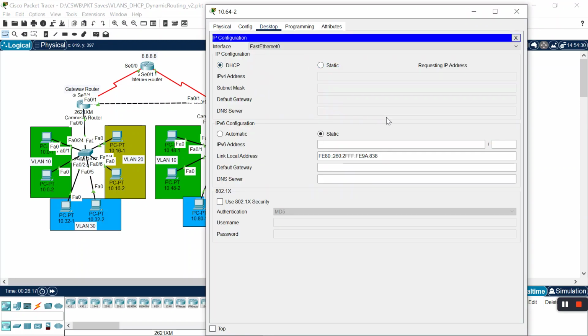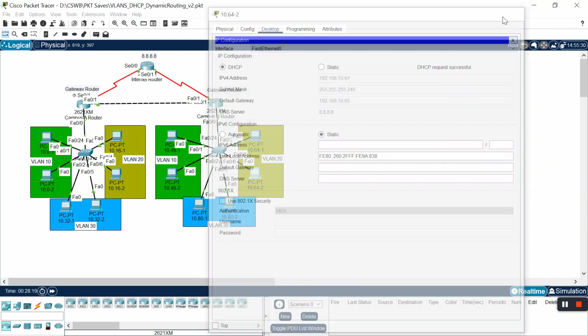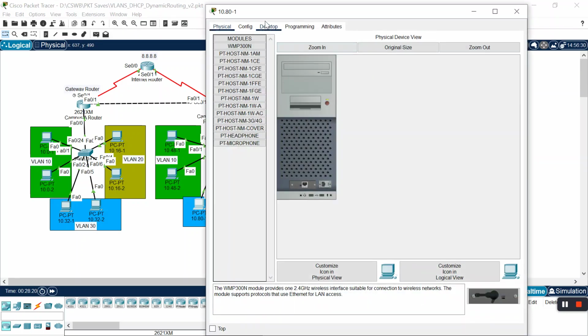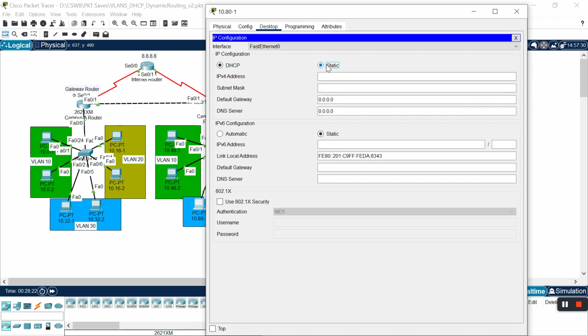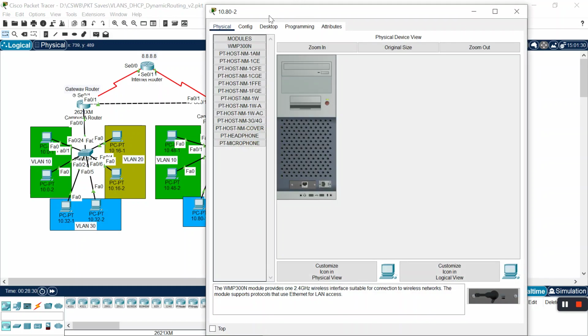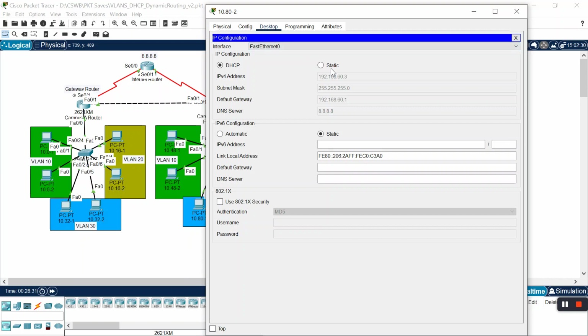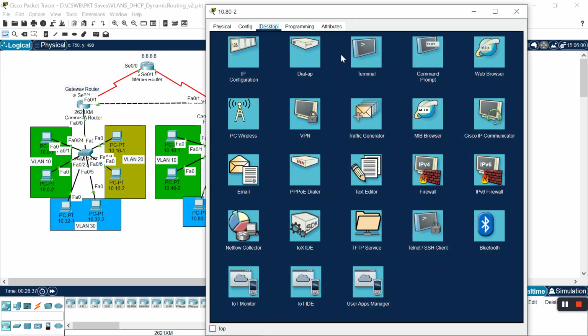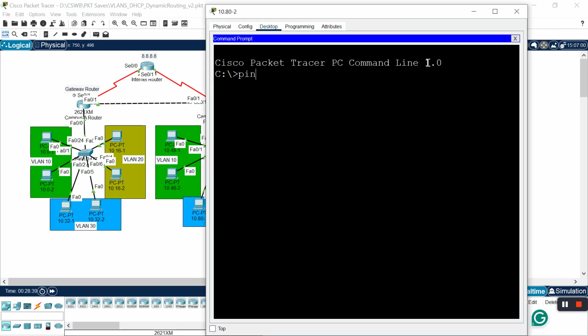Then again we will do it on the second client, 10.67, and then the third VLAN, this should be 82, yeah, there you go, and this should be 83 when we switch to DHCP again. There you go. So let's try the ping, and it won't work